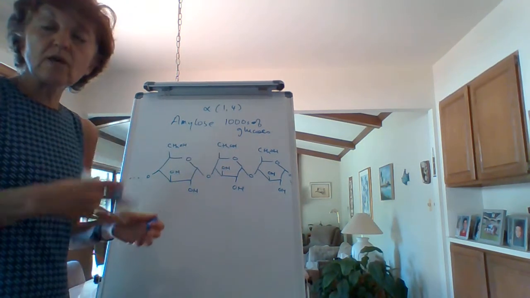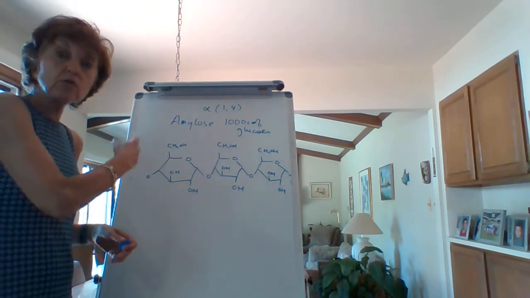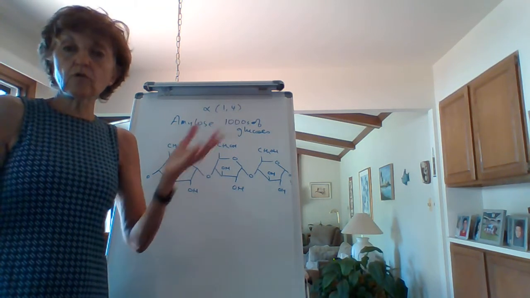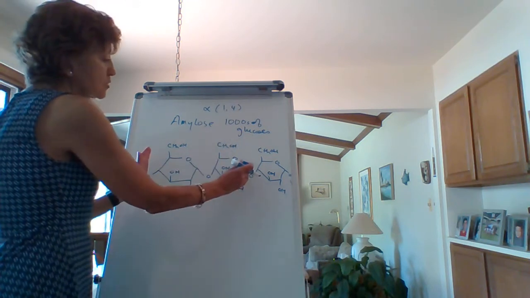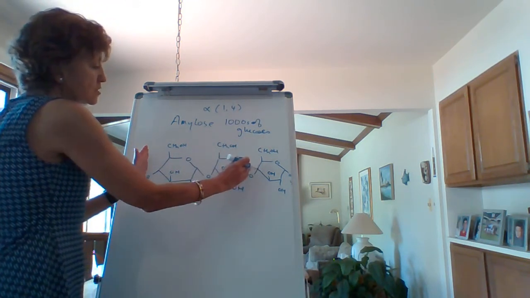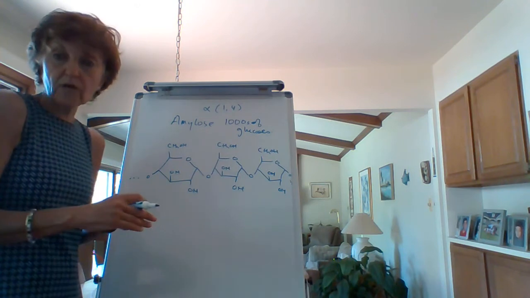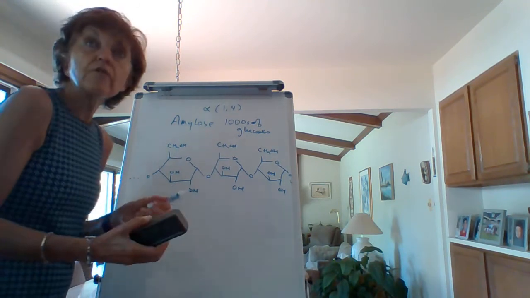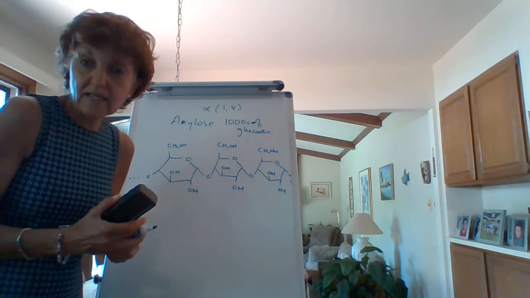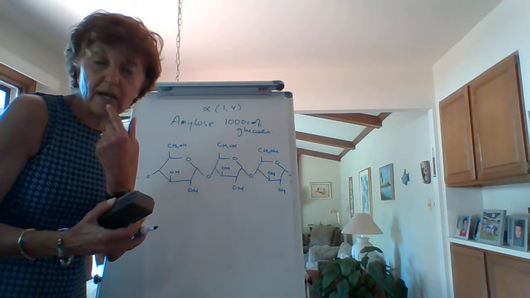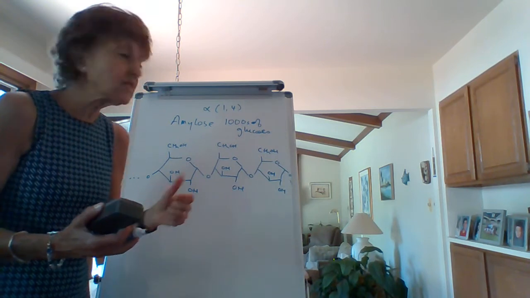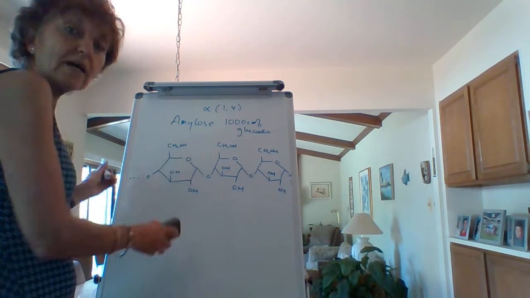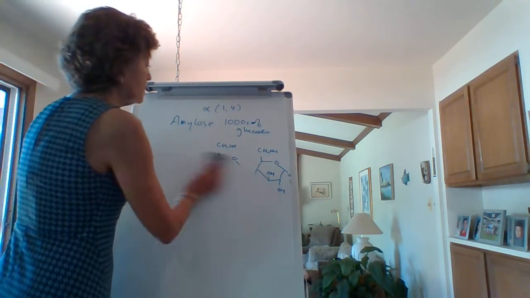Okay, and you're going to see that when we hydrolyze amylose, when we break it down, you end up with just thousands and thousands of glucoses, or you could end up just cutting 2 sections, these 2, and you end up with a maltose. Okay, that's amylose, alpha 1,4. Have you guys heard of the enzyme amylase that's in your mouth, the salivary amylase, and you also have pancreatic amylase? That enzyme hydrolyzes or breaks down these bonds. And we'll talk a little bit about that